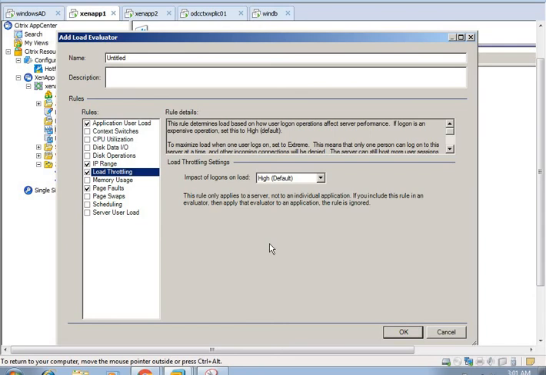Suppose my load threshold is 80%. Once utilization reaches 80%, the server shows as on high load, and in that case the DDC will route the user session to another server because that server is showing full load.